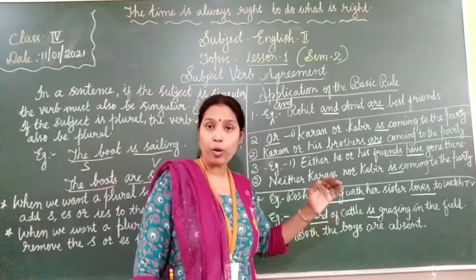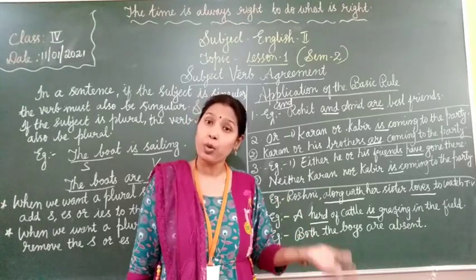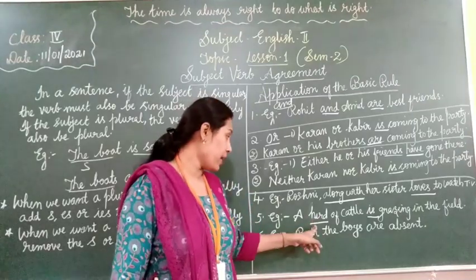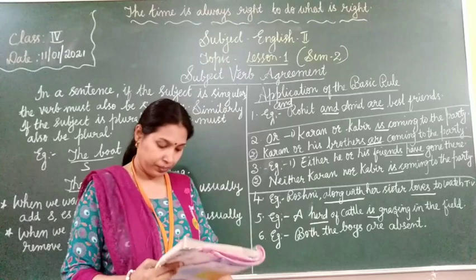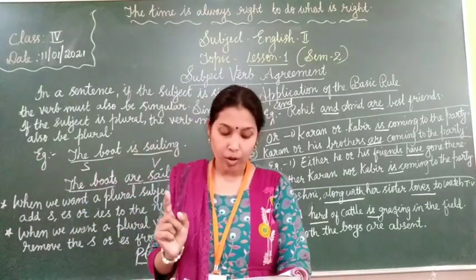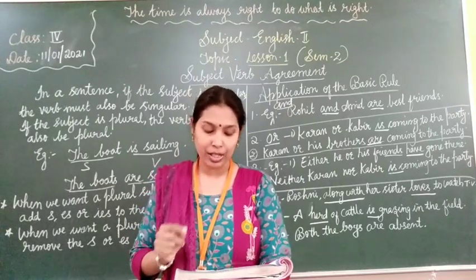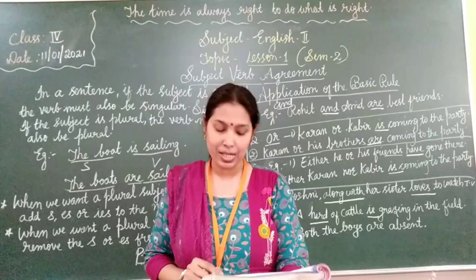This is a group of cattle. So we could not add a verb in plural, thinking that there is a lot of cattle. No. If it is a collective noun, then the verb should be in singular. Okay. A group of boys is playing a cricket match. Here, a group of boys, collective noun. So the verb is used in singular.